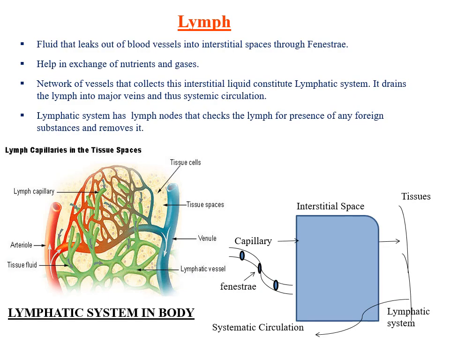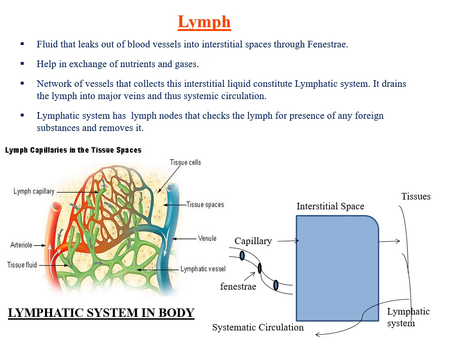Let us learn about another circulatory fluid, that is lymph. I told you earlier there are two circulatory fluids in the body. First is blood and second is the lymph. Let's see what it is. Blood flows from the arterioles into capillaries that exchange nutrients and gases with the tissues. Capillaries have small gaps called fenestrae. Blood cells, while passing through capillaries, cannot cross the fenestrae. Only plasma fluid can cross through these small gaps.